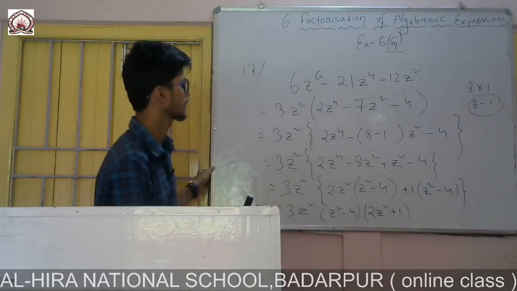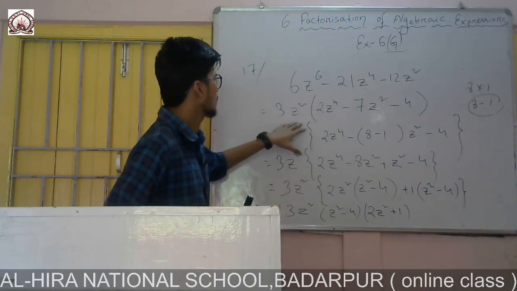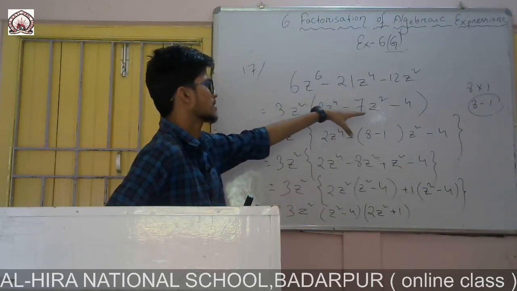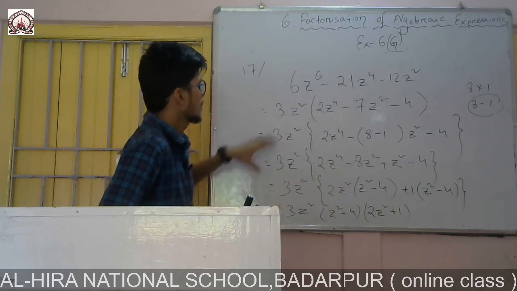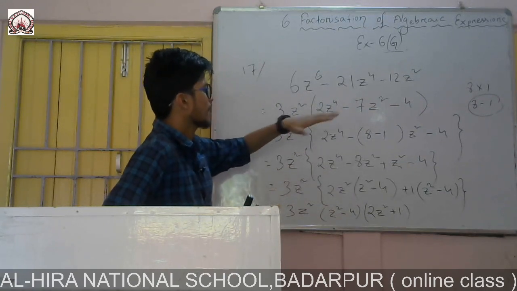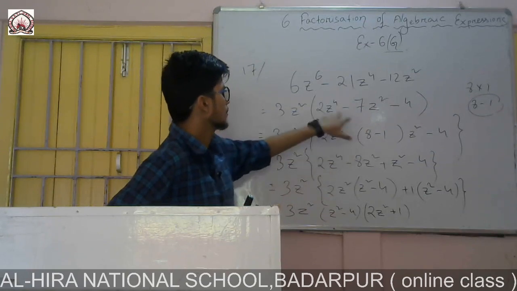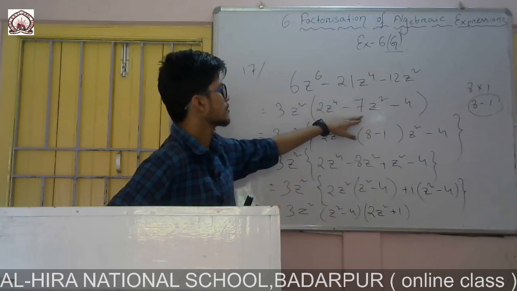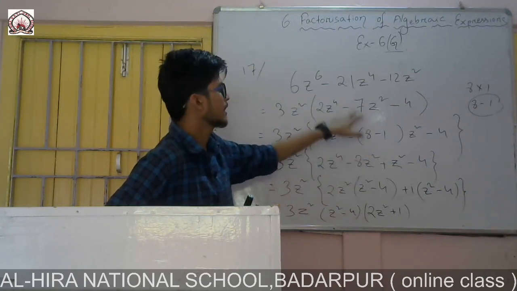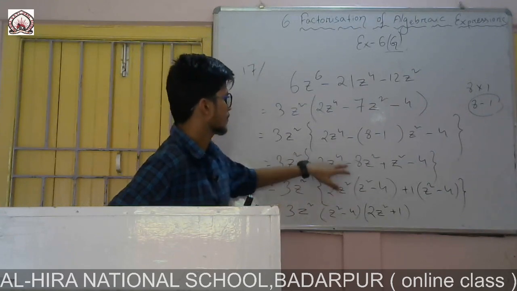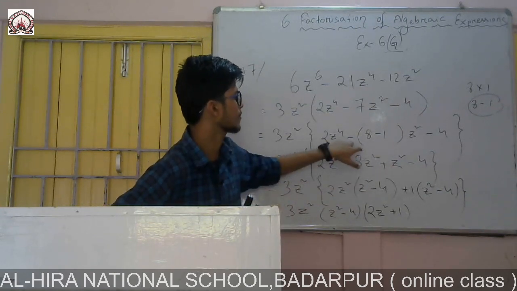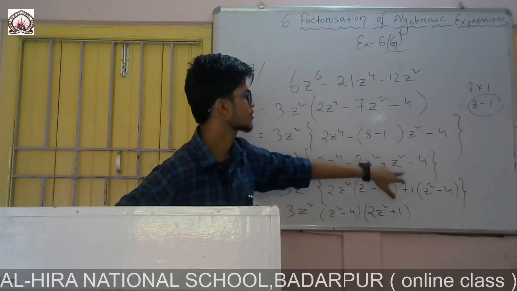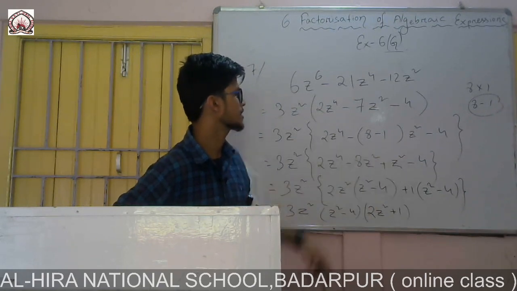Okay, now correct. So first of all what I did, I take out the common term 3z square, and after taking common what is left, 2z to the power 4 minus 7z square, at last it is minus 4. So now it is in the form ax square plus bx plus c. So now I have taken 4 2s are 8, the product of 4 and 2 it is 8, and in place of 7 I can write it as 8 minus 1, 8 minus 1 equal to 7. So after converting, minus 8z square, and minus minus it is plus 1z square, so only I will write z square, and at last it is minus 4.